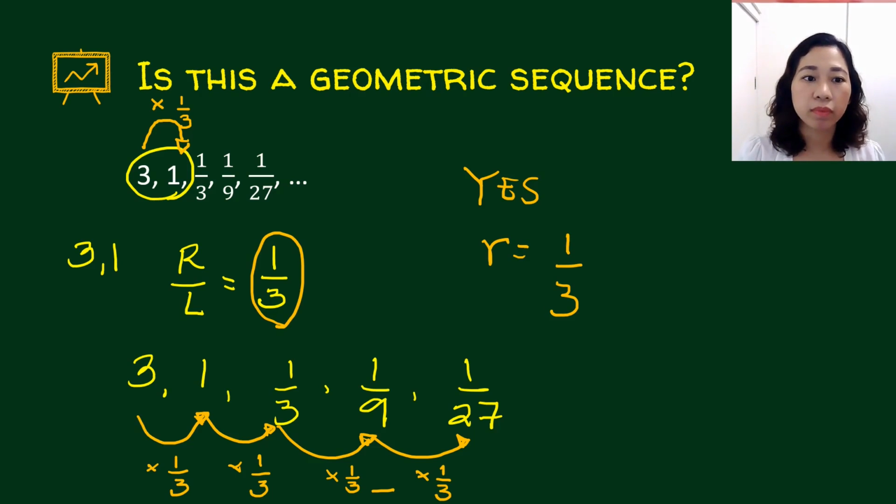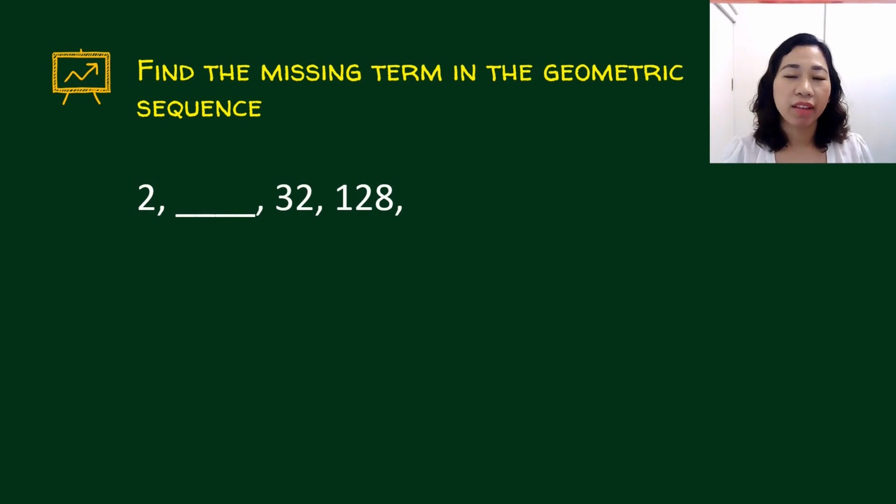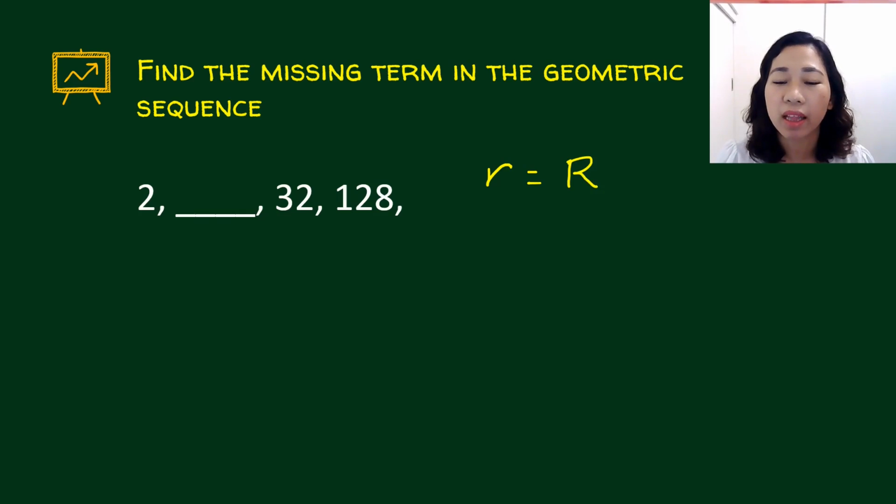Okay? Alright, so now that we have already finished discussing whether something is a geometric sequence, we now proceed with examples wherein we want to find the missing terms in a geometric sequence. So let's look at this one. Remember what is very important about geometric sequences: you need to know their r. And again, I will always reiterate that the common ratio r is equal to the right term over the left term. So in this case, our problem is to get r, right? Remember, you cannot define a geometric sequence if you do not know what the r is.